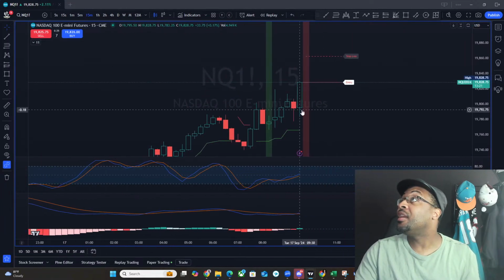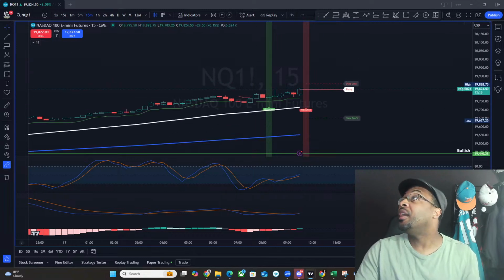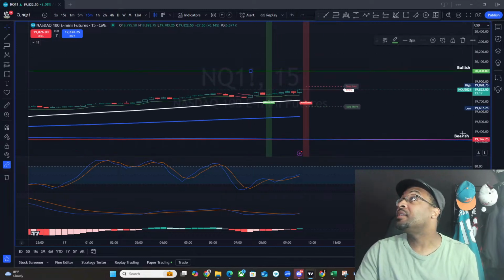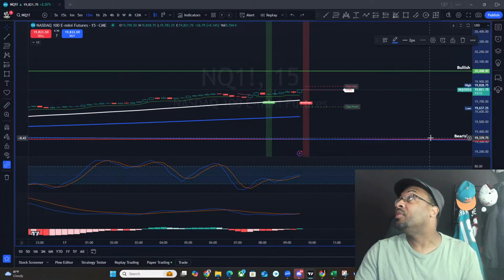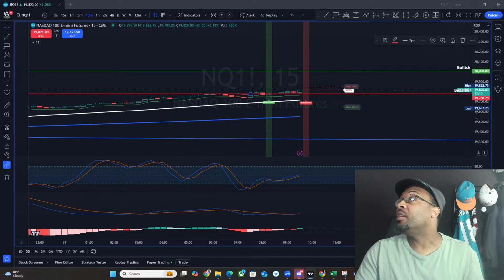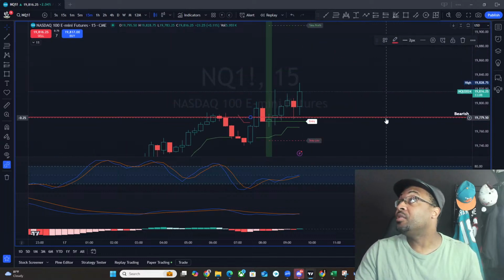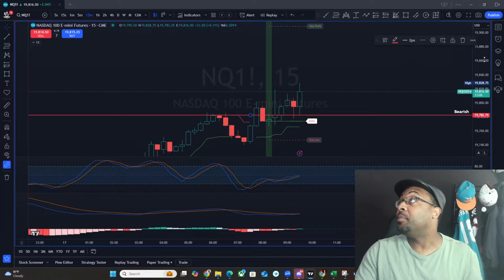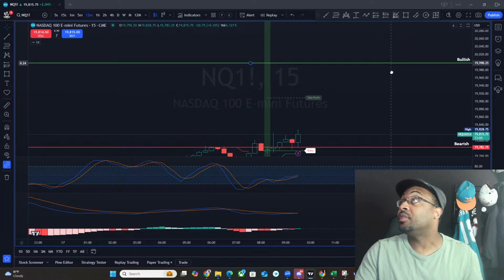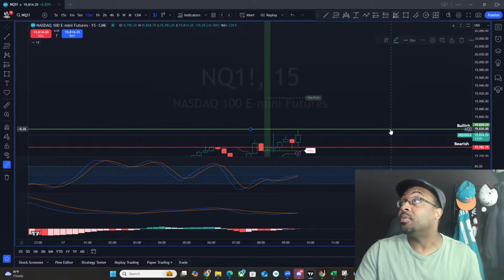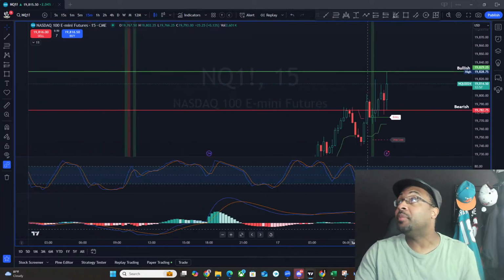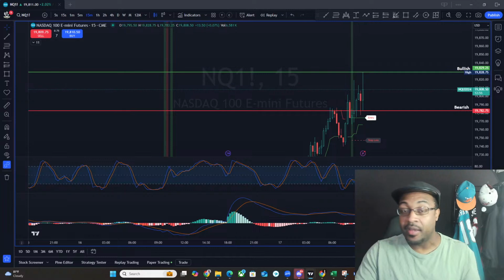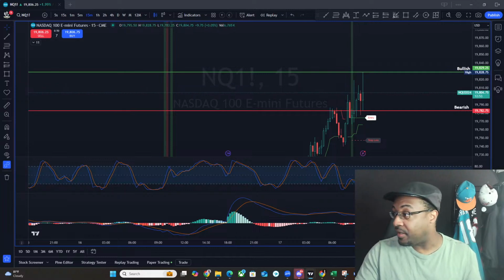Okay, they're giving it a nice little push. Let me grab these lines, and I'm simple. I'm not asking for the charts to do anything real spectacular. If it breaks below the range, I'm bearish. If it breaks above the range, I'm bullish. Just simple, simple, simple. Keep it super simple and you make the money. That's all. Nothing spectacular.